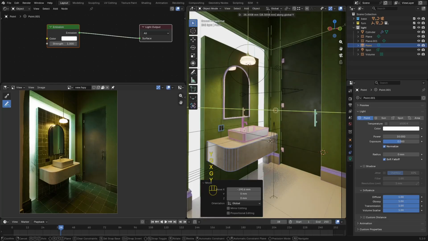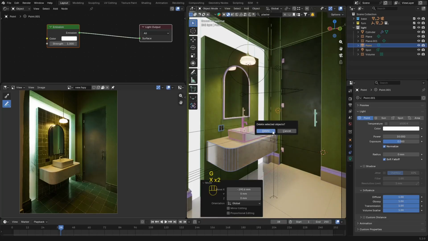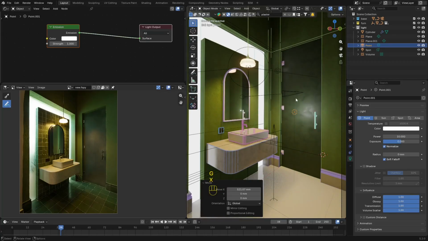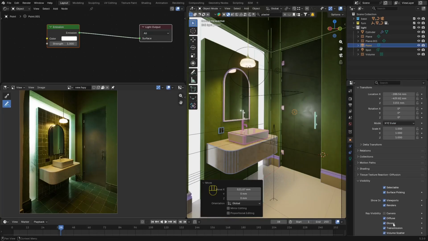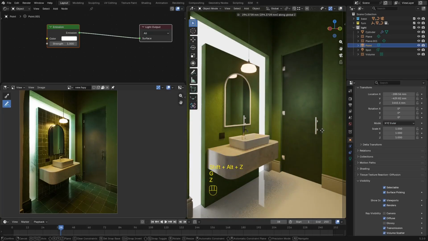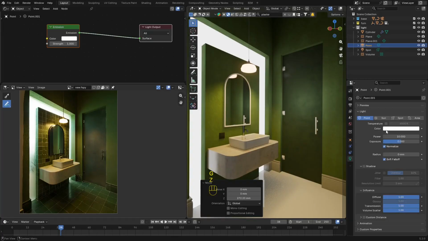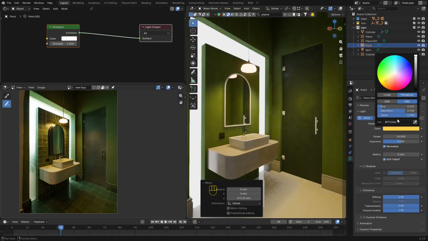I don't know how to do that. I will turn off it here maybe. The glossy, move it like this, and again use the color,